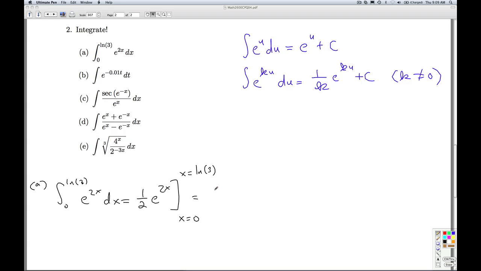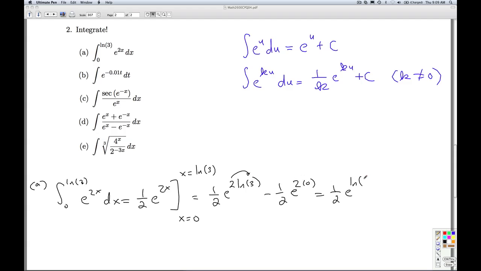So I plug in the top limit of integration. I get 1/2 e to the 2 times natural log of 3 minus 1/2 e to the 2 times 0. Now I want to use log properties and exponential properties to simplify this. So e and natural log are inverse functions, so they will undo each other. But before I do that, I need to bring the 2 back up as a power